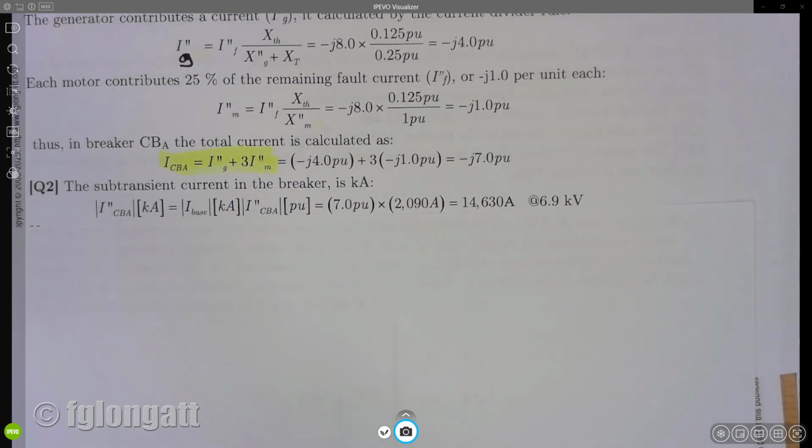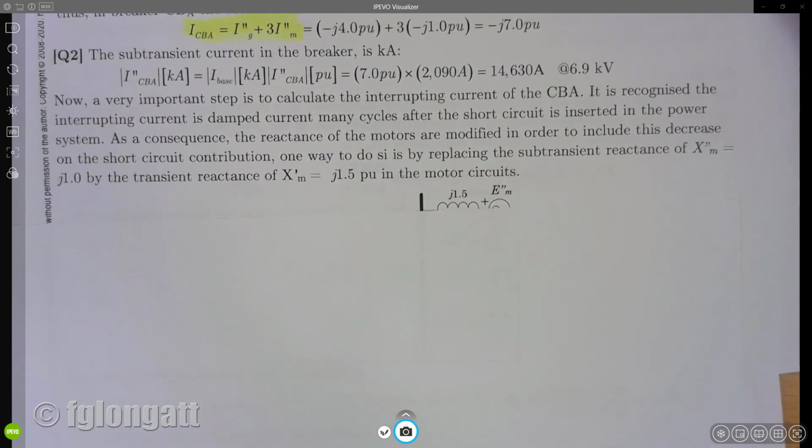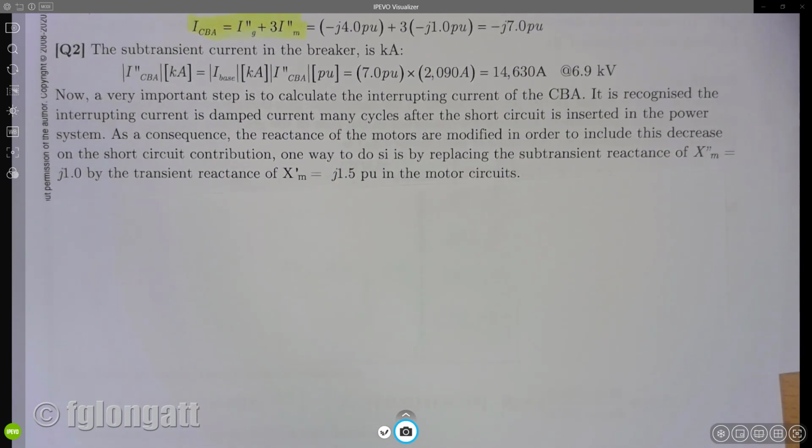Okay, probably until now, this problem has been extremely simple, and my students love this kind of problem because it's extremely simple. However, when the things start to be very interesting, it's for the final part, okay? The final part is quite interesting for many reasons, okay? And the important part here is that in this case, the interrupting current